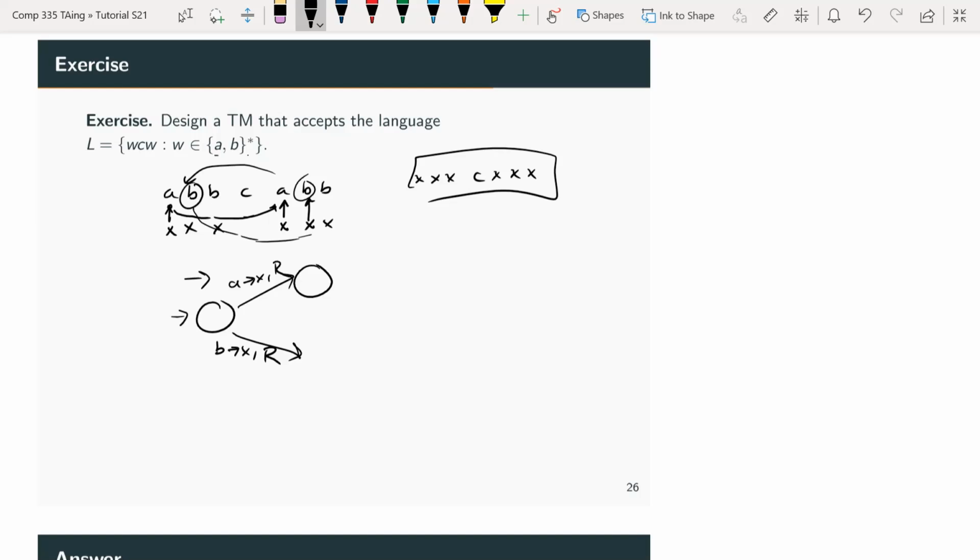Then you're going to want to go through all of your other A's and all your other B's, right? And then why I'm saying that it's a bit easier here, this machine is easier to write than for